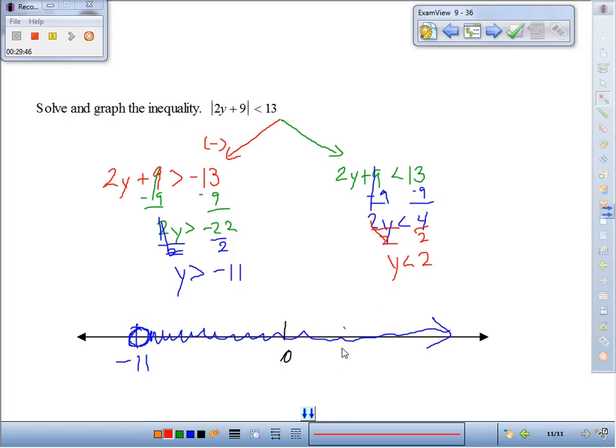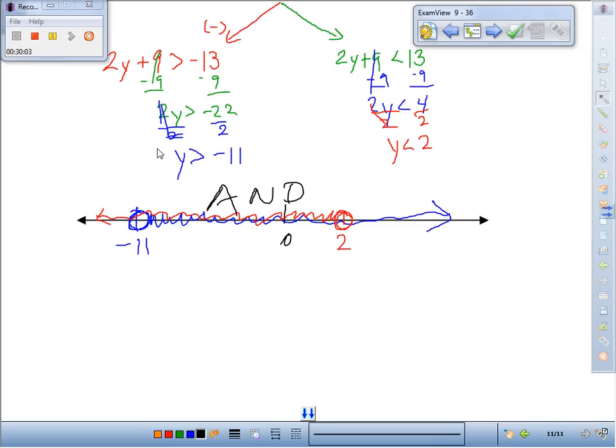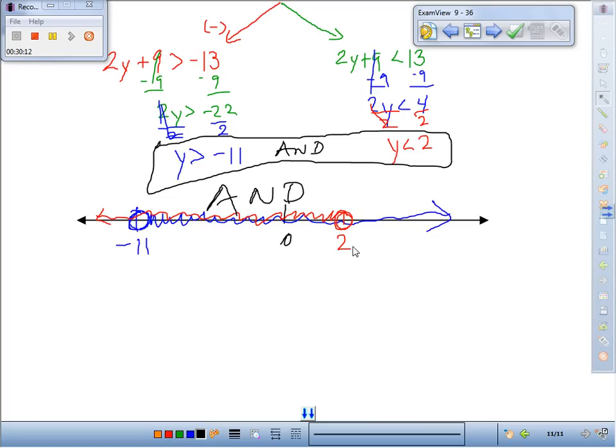Graph this one. 2. Does it include the spot? No. And it says y is less than 2. What numbers are less than 2? Everything to the left. Do you see how they intersect here? That's why this is known as an and. So our solution is this one. So you need to write that and that with the graph. Or if you want to write the statement, is the set of all y such that, let's see, negative 11